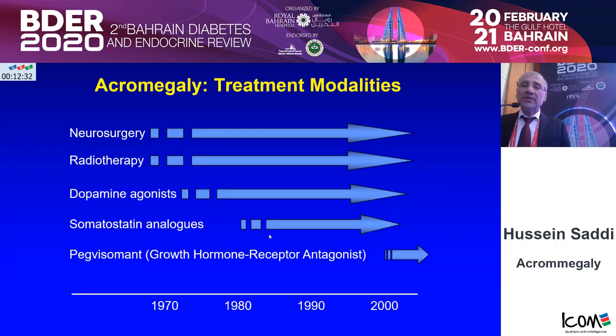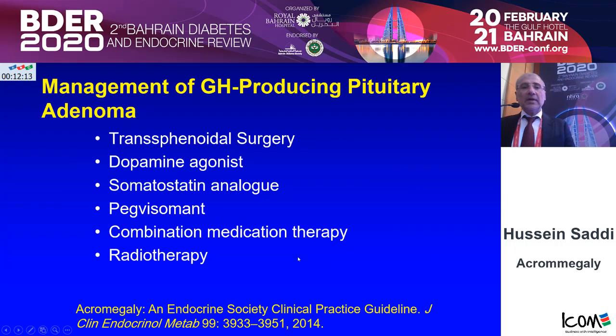The treatment modalities have improved over the years. In the old days, we had neurosurgery only, plus radiotherapy. More recently, dopamine agonists, somatostatin analogs, and pegvisomant, which is a growth hormone receptor antagonist. And the management is shown here. You try to remove the tumor first,